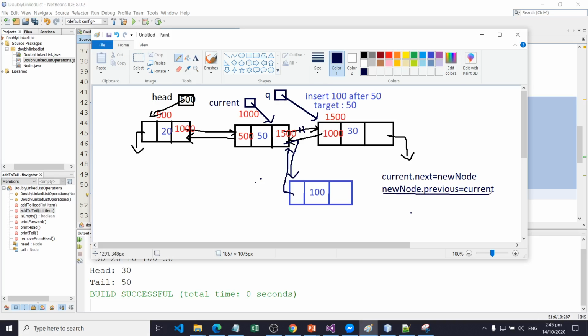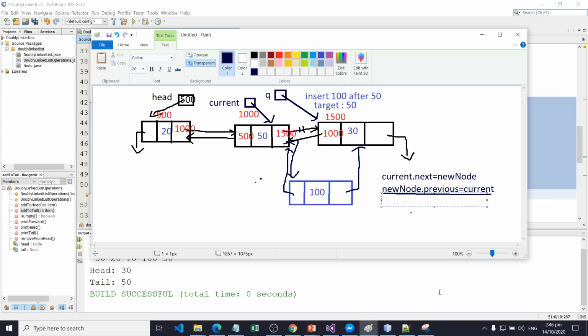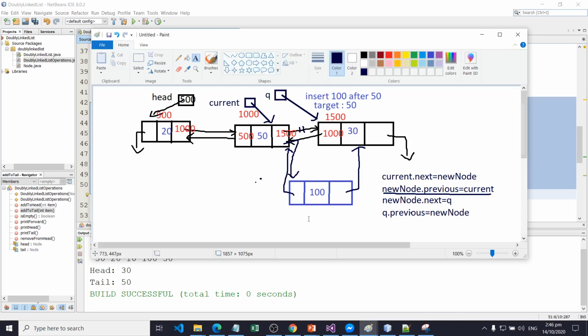Then new node dot next will point to q, and then q dot previous will point to new node.